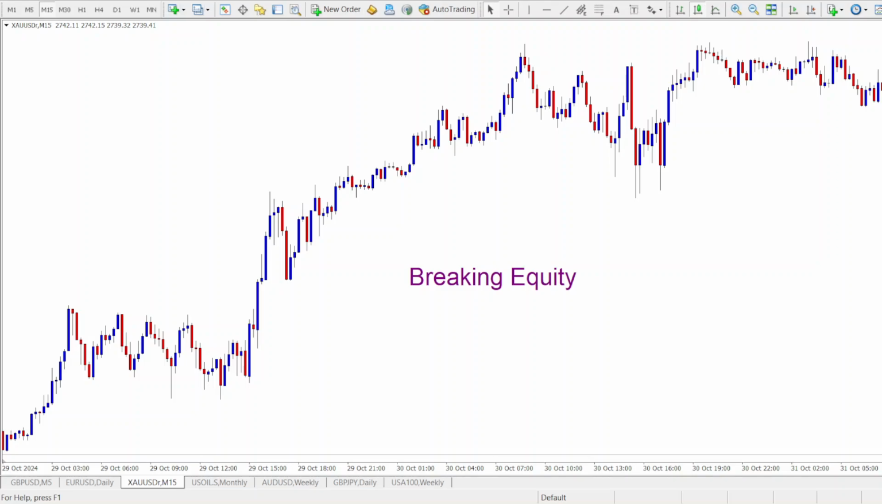Now, another point to note is reflect on your trades. After each trading session, take time to analyze your trades. What worked? What didn't? This reflection helps you learn from your experiences and improve your decision-making process moving forward. So it's important that you have a trading journal. One of the benefits of having a trading journal is that you can reflect on